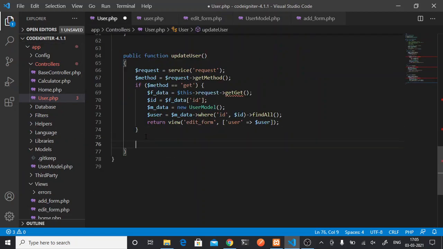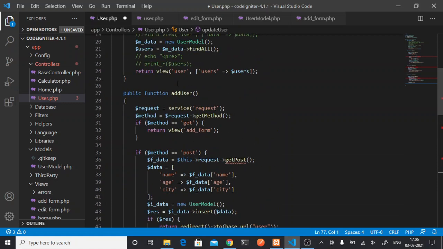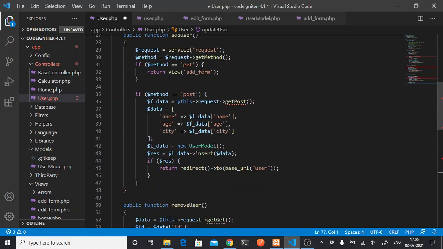Now if the request is post, if $method is equal to post, then we want to update the data. So same thing.